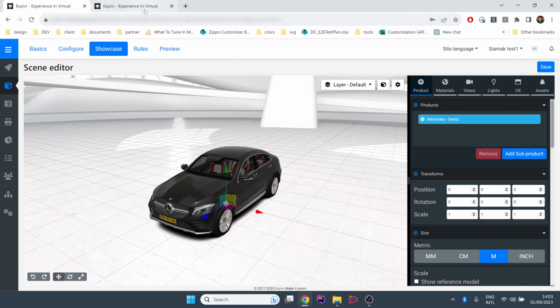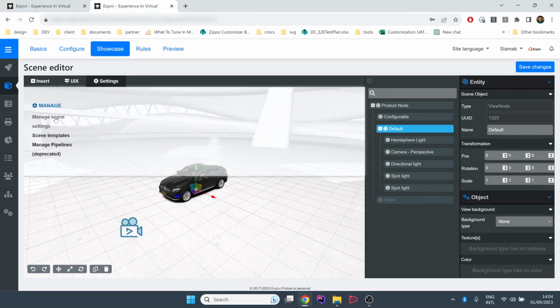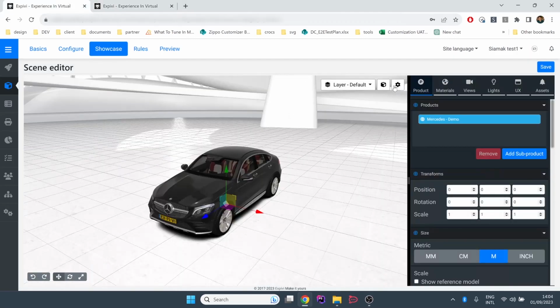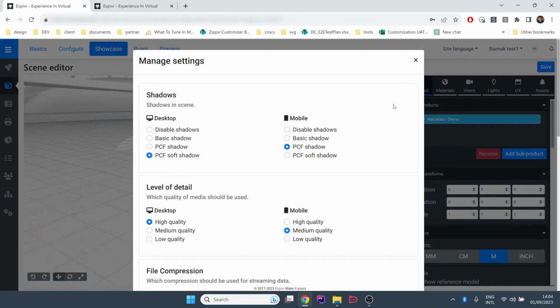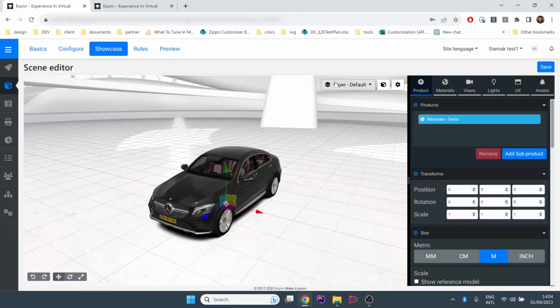The first thing that has changed is how the showcase settings are managed. For the settings of a scene, we had Manage Scene Settings available as an option under the settings. We have created a new toolbar to manage the scene settings. The new buttons are placed at the top right section of the showcase. This provides you with all of the settings to manage the templates, to manage the scene, and also the management